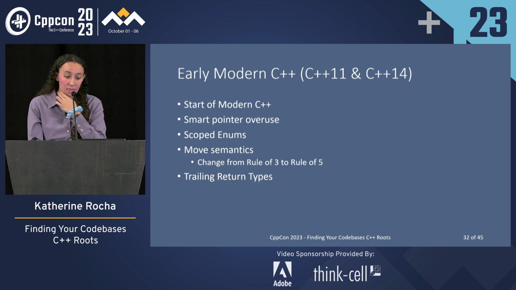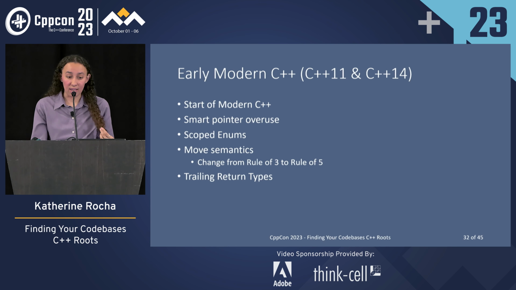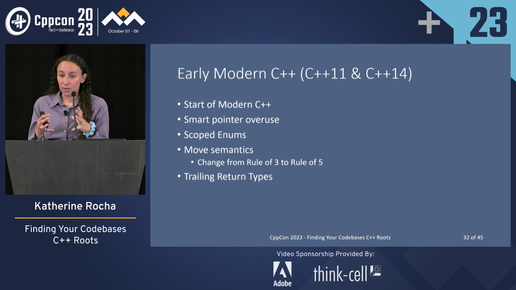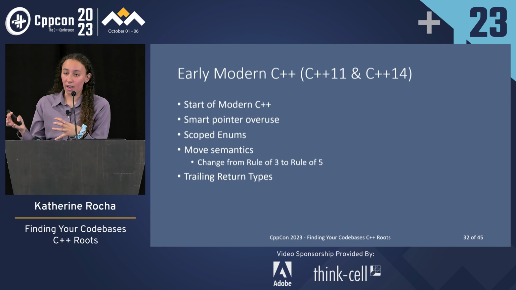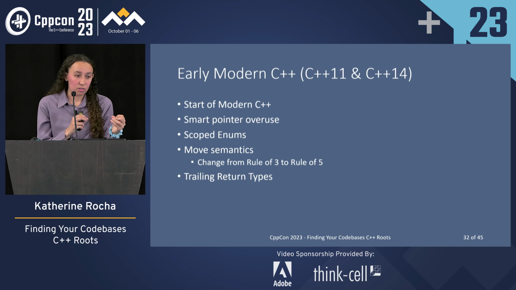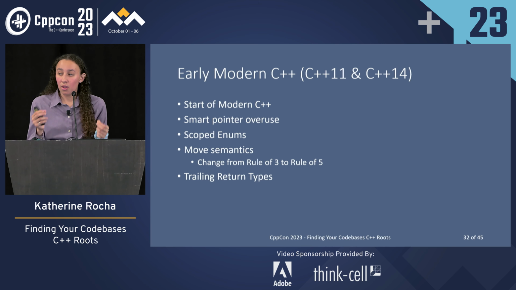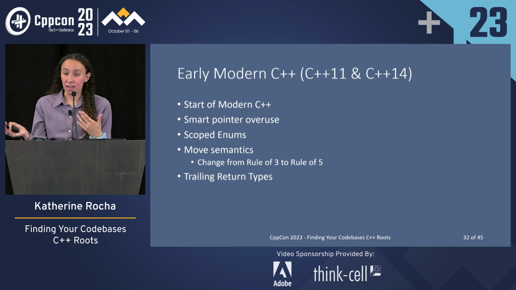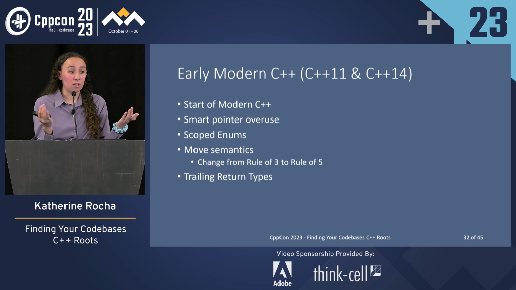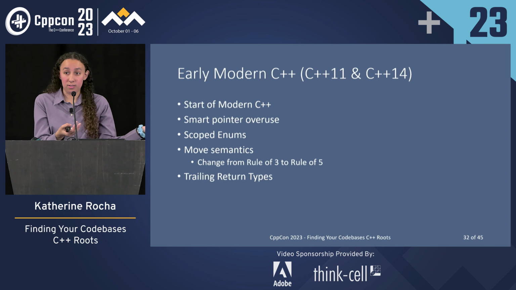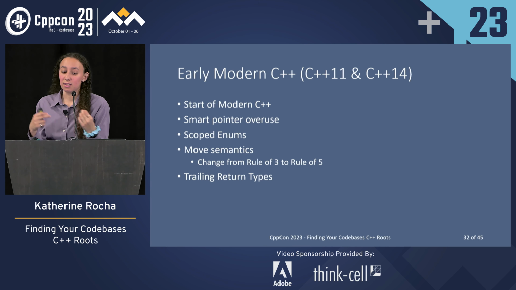Cool. And then we also have trailing return types. This gets into the idea that as we look at different code throughout these different eras, it doesn't look the same. If we don't expect to run into that code, we won't know what we're going to see until we walk in there. And we look at it and we're like, this code looks completely different than C++03. So how do we deal with that? Well, we need to figure out what to expect in these different eras.